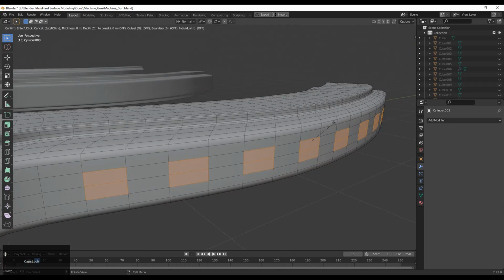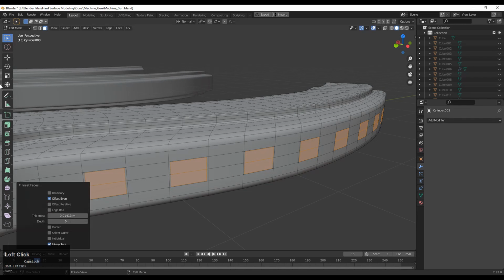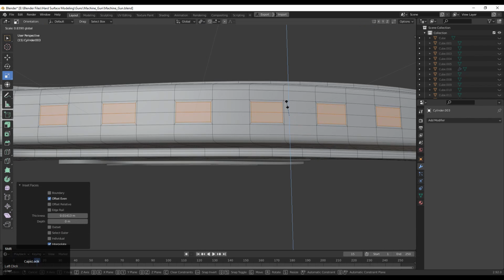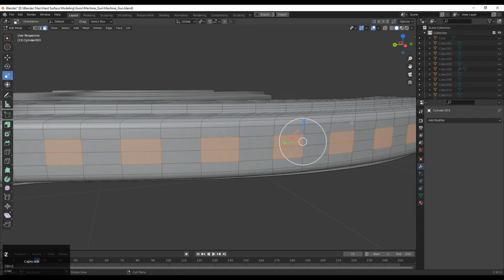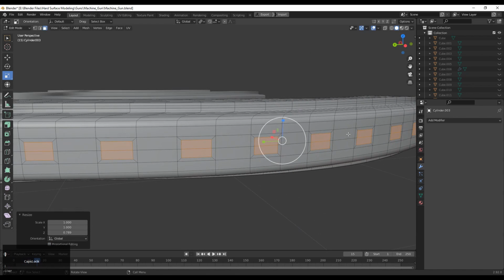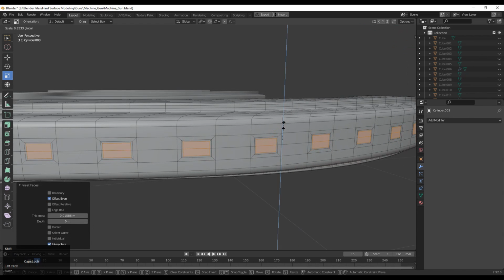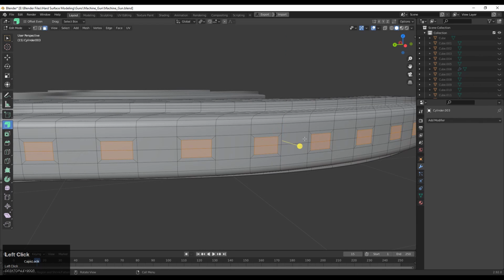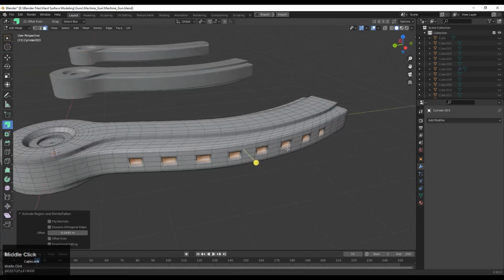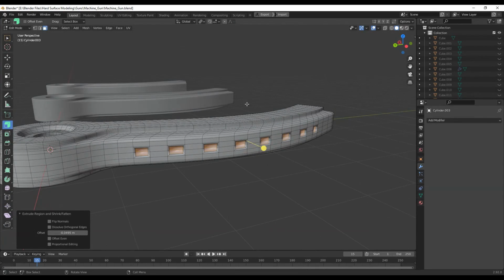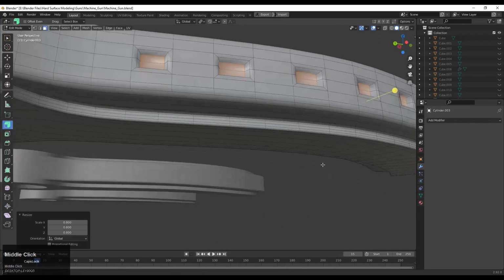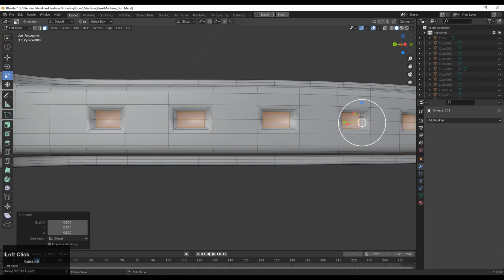Before that, just calculate the face count and then use the insert operation and scale it along the different axes. You can see I can scale these faces only along the z axis, not along the x and y axis, because it's a curve shape. So you should keep this thing in your mind, and then you need to add an insert operation with the right thickness. And then you can adjust the thickness, adjust the scale only along the z axis, and then use the extrude tool to extrude it along the normal.